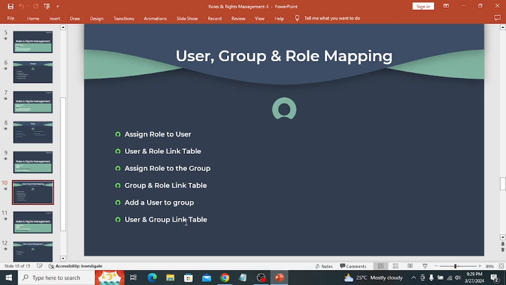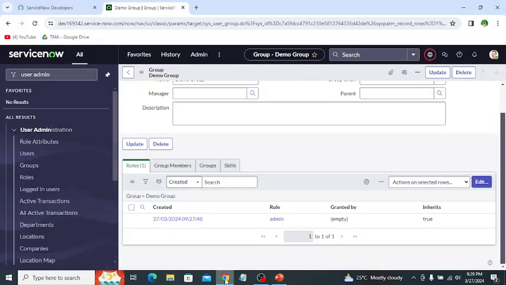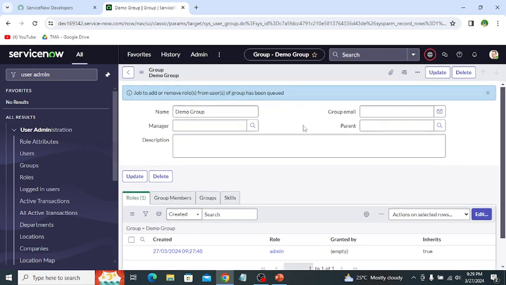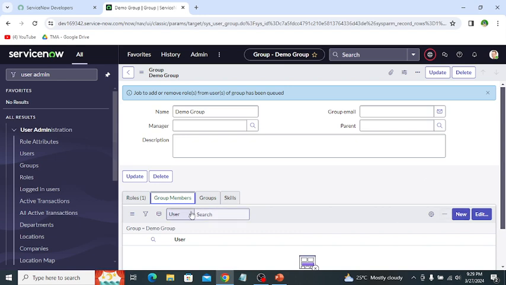The next is how we can add a user to the group. We have created the group, we have created the user, and we have assigned the role to the group. Now we can add the member. To add a member, click on the edit button,